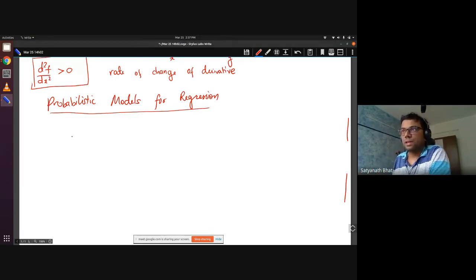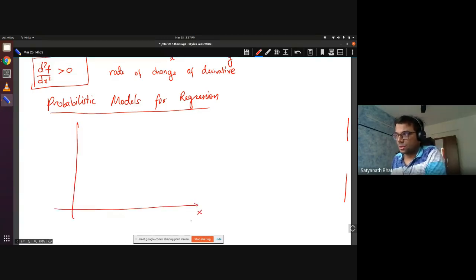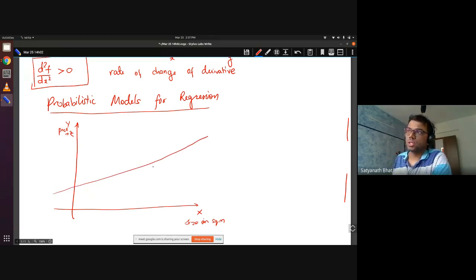Now what I will assume is that there is some x. Let's say x is the size of your house in square meters, and y is the price in rupees. Now let us say there is actually a linear model. Let's draw this. There is some W transpose X, where X is in the augmented space because you are not passing through the origin.